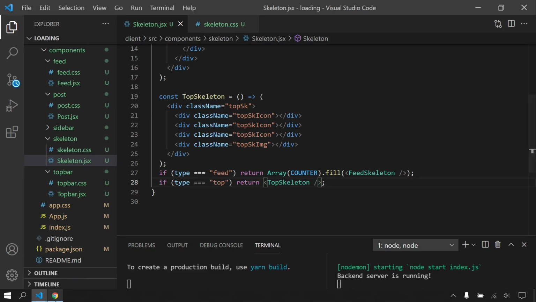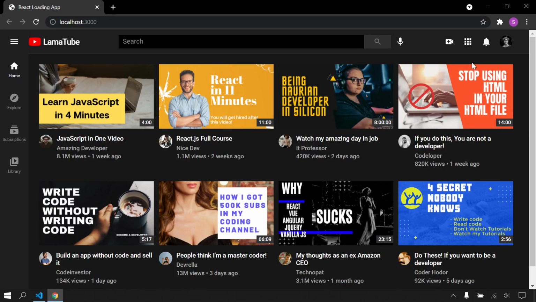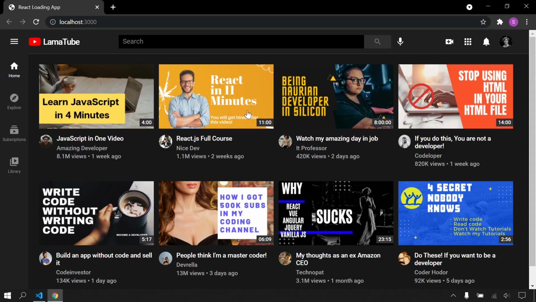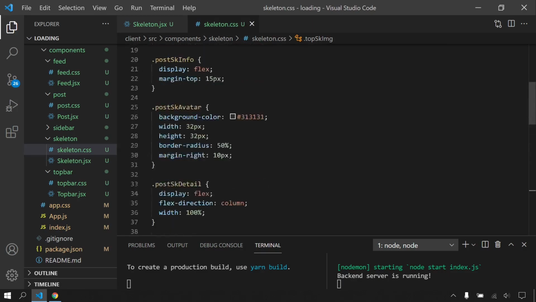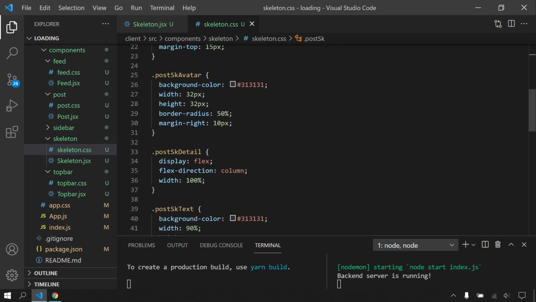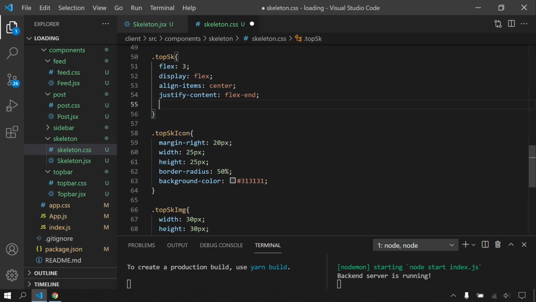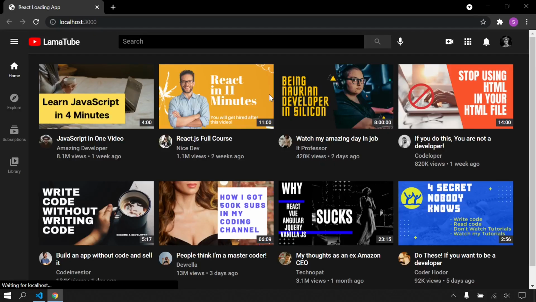Let's save and see. I will refresh. As you can see, perfect. After 3 seconds, we are seeing here. After 5 seconds, we can see these videos. Perfect. But if you realize we don't have any animation, I can come here and copy this animation for this component also. Let's refresh. As you can see, perfect.